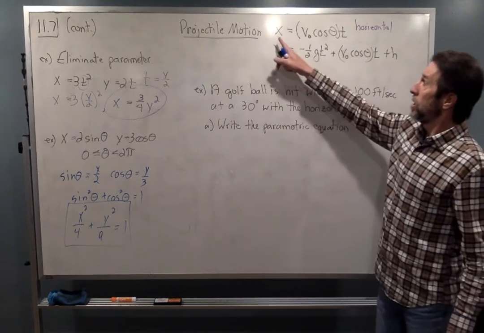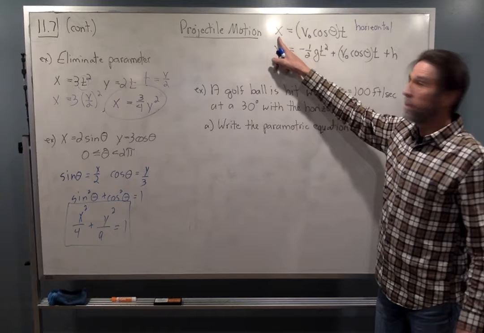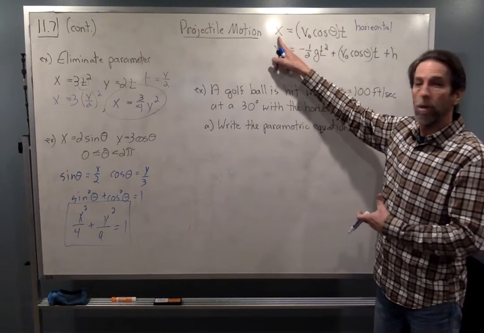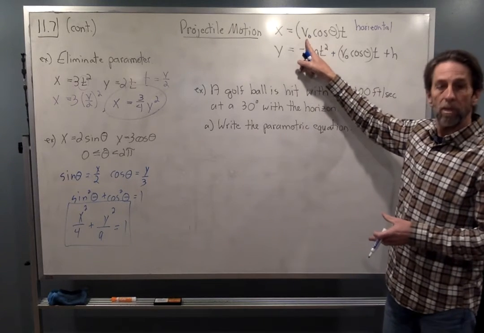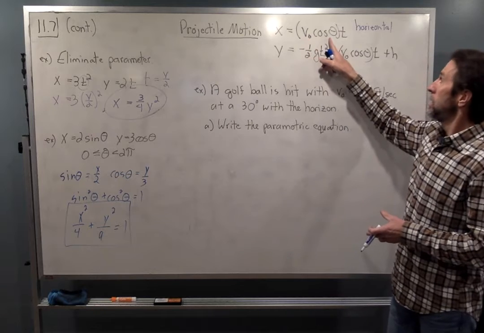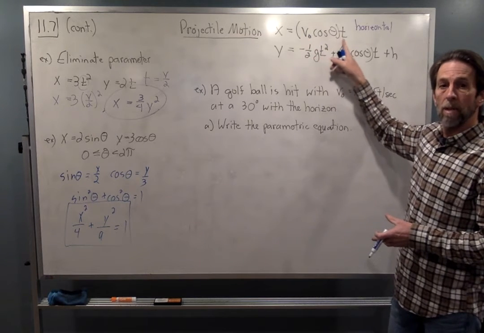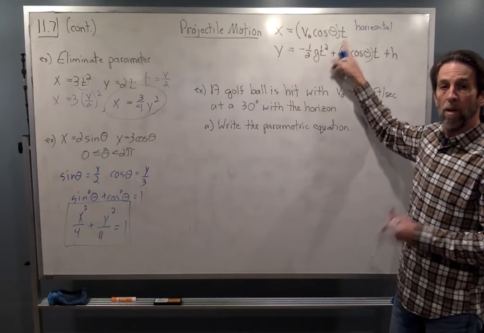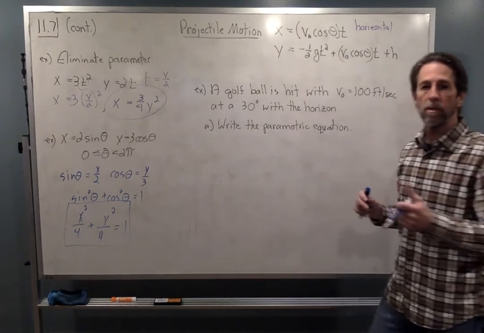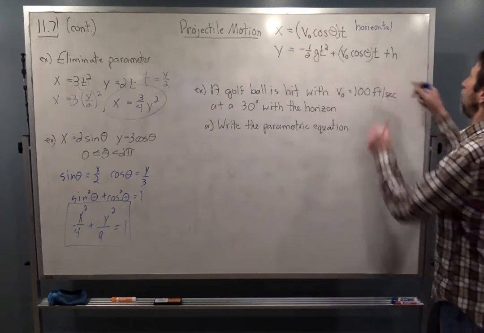So in other words, where the projectile is, based on where it started, is a function of its velocity, the cosine of the angle, and how long it happens to be in the air. That will tell us how far something is. Now, vertically,